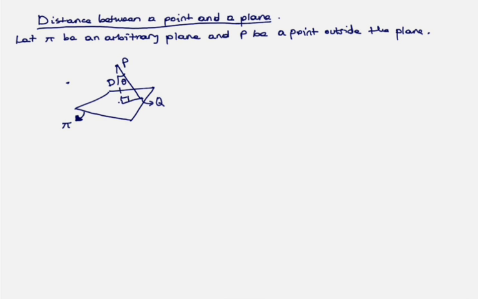ከዛ በመቀጠል የምናየው distance between a point and a plane ነው። ስለዚህ let's say there's a pi which is an arbitrary plane and p a point outside the plane። ከዛ በድጋሚ ደግሞ point q አለን arbitrarily chosen from the plane። ስለዚህ ከዚህ cos theta trigonometry በመጠቀም cos theta is equal to our distance d over our vector pq። ከዛ ከዚህ ምን ሪዲዩስ እናደርጋለን፣ ዲስታንሳችን ማግኒቱድ ኦፍ pq cos theta ይሆናል ማለት ነው።